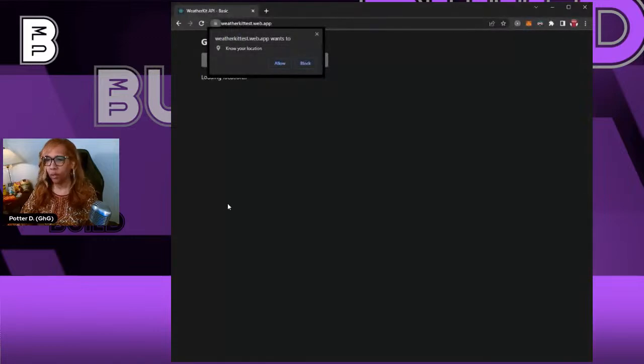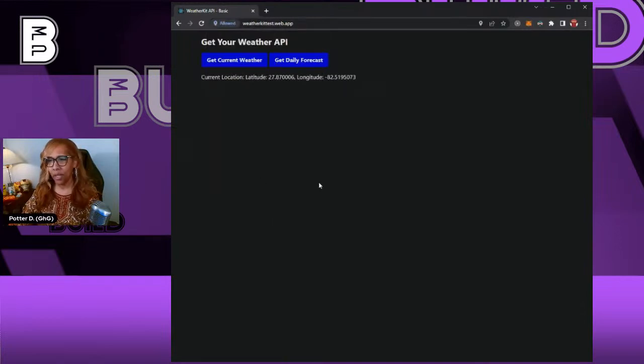Let's stop sharing this. StreamYard is not good. Okay, browser tab, window. Here we go. Okay, so this is the app in its working state, right? So I'm going to go ahead and allow it, although the URL is there. Please don't abuse it. What I did first is to say, okay, I'm going to allow location, right?